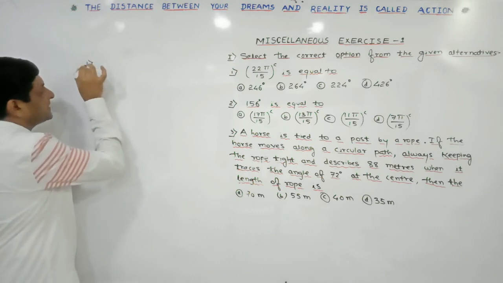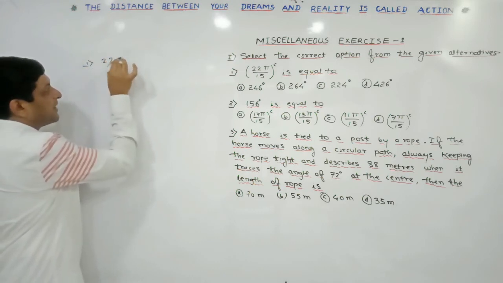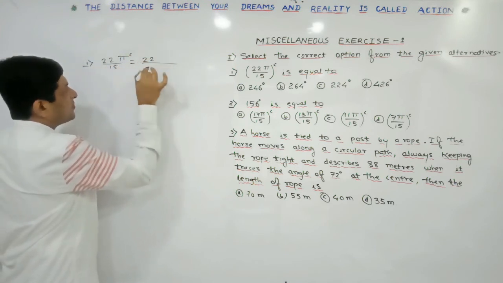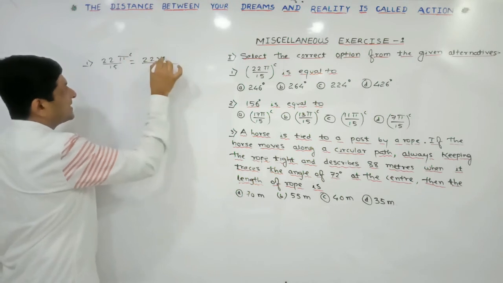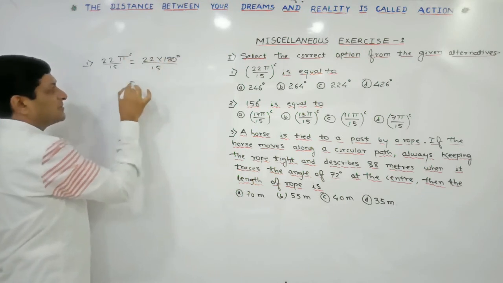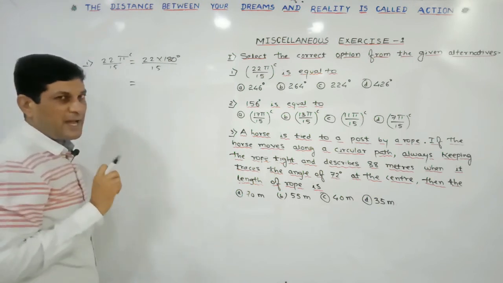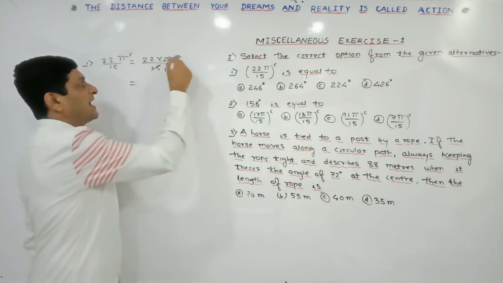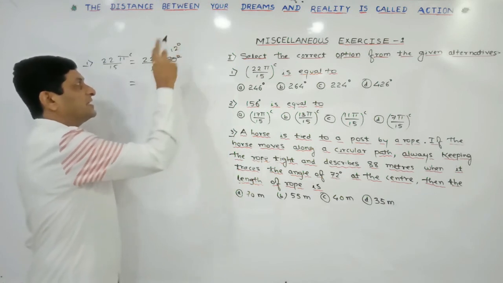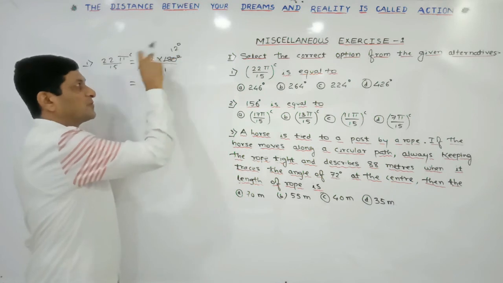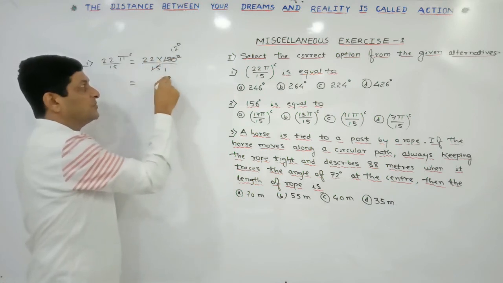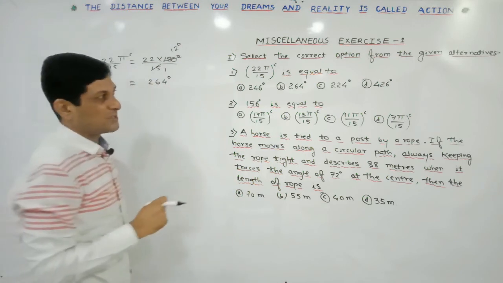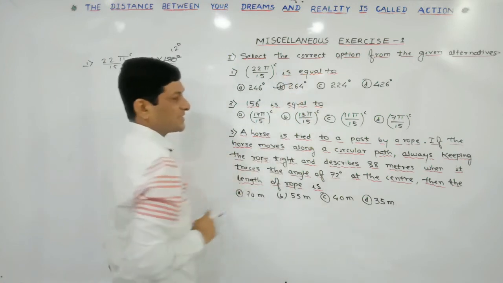So in this case the given angle is 22 pi upon 15 radian, which is equal to 22 upon 15, keep it as it is. Pi radian can be replaced by its value 180 degrees, meaning we are simply substituting the value of pi radian, divided by 15 degrees. The remaining part is the calculation part. 15 ones are 15 and 15 12s are 180. So now I am multiplying 12 by 22. 12 into 2 is 24, carry 2. 12 into 2 is 24, plus 2 will be 26, which means 264 degrees. So B option is the correct answer here.